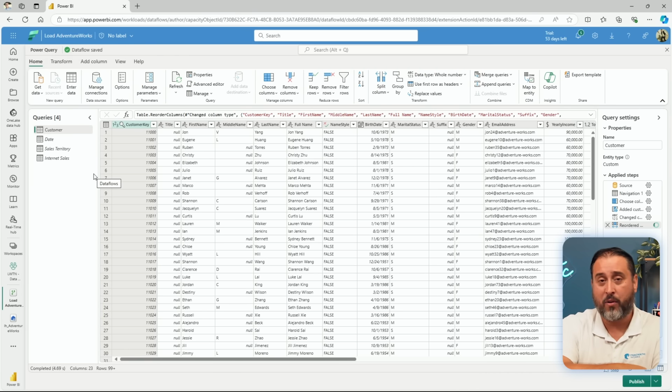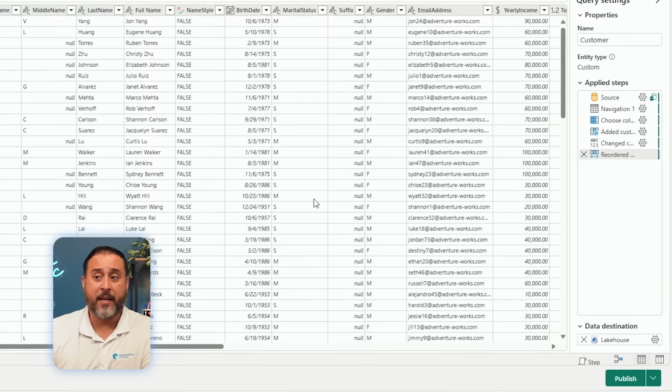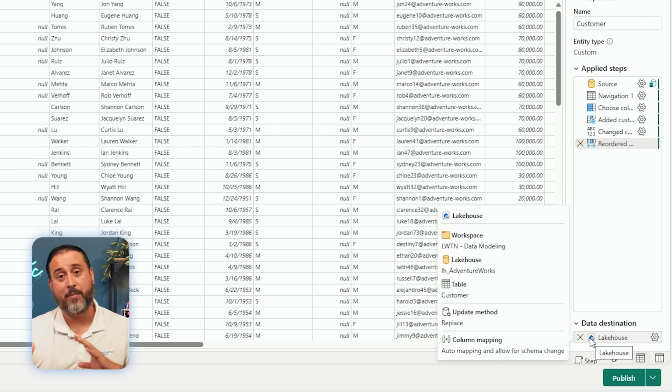So you can see we have the full access of the Power Query Editor. It's a UI-driven experience, and you can just move through the interface and leverage what you need to do, all the while it's creating this Power Query code for you. So I've gone through, I cleaned up these tables, and I defined a destination here for each of these tables, and I simply ran this, and it loaded those very tables into the actual Lakehouse itself,